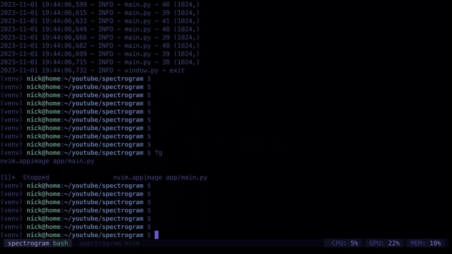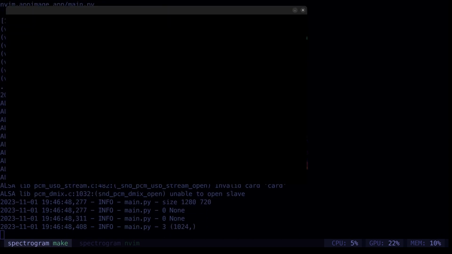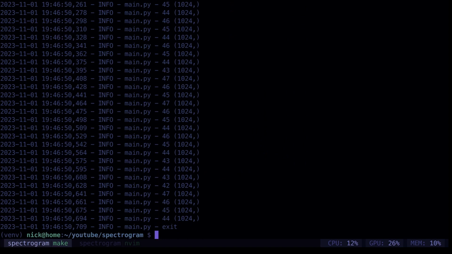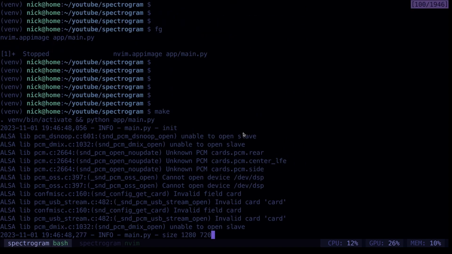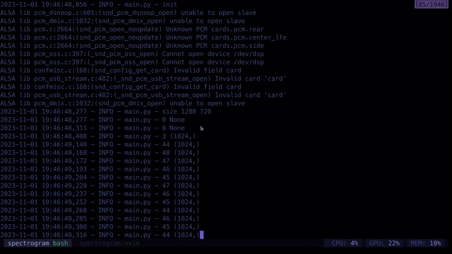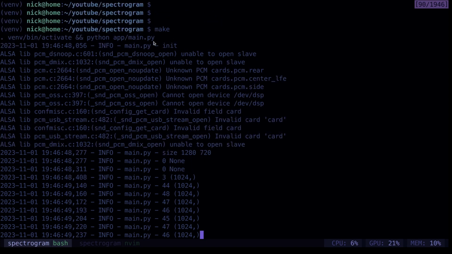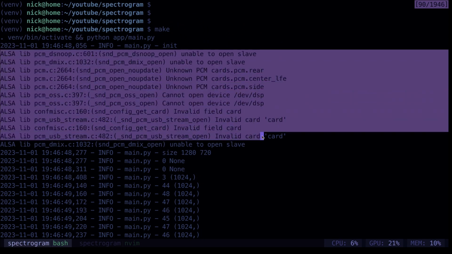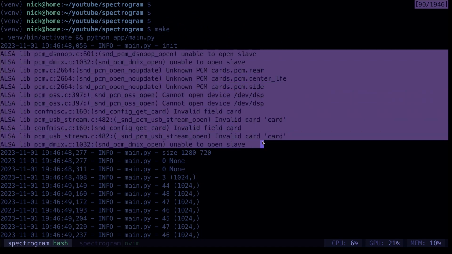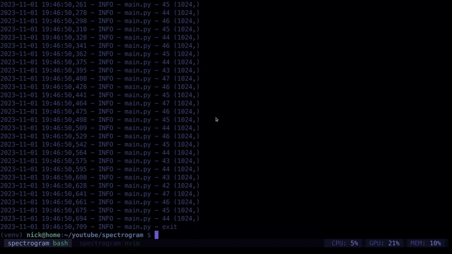Cool. Now when we go again, sweet. Now if I scroll up, you can see our init, and then all this comes from initializing our PyAudio, and then so